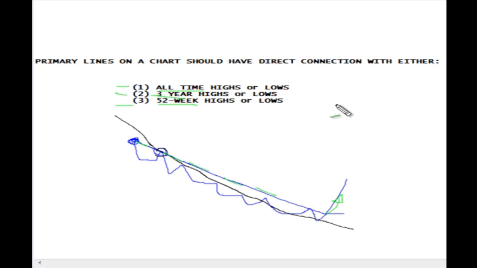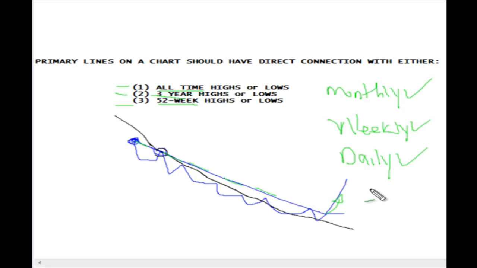Now, it happens on all time frames. Monthly charts, it works for those. Weekly charts, it works for this one too. All charts, daily, it works for this one. Yes, hourly, like I said, all time frames. Now, hourly, yes. Problem is, you're not going to find the hourly chart giving you a lot of buy signals, because